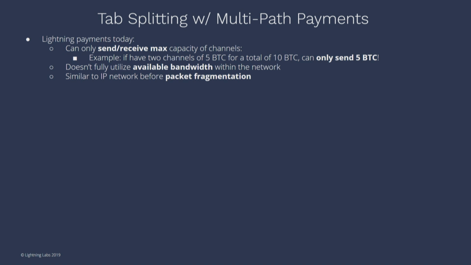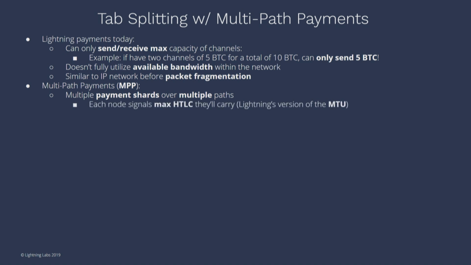So now it's a payments-as-packets type of metaphor, where if I wanted to send 10 BTC, I would send 2 5 BTC payments, and the other side would assemble them together at the end and pull them all at once. This is really cool because all of a sudden I can utilize a lot more diverse paths of the network, right? I can even dynamically chop up packets to ensure they get to the other side properly. This is called MPP. It has a bunch of different names, but this is the one I prefer. It's called MPP, or multi-path payments. It allows you to split these payment shards over multiple paths.